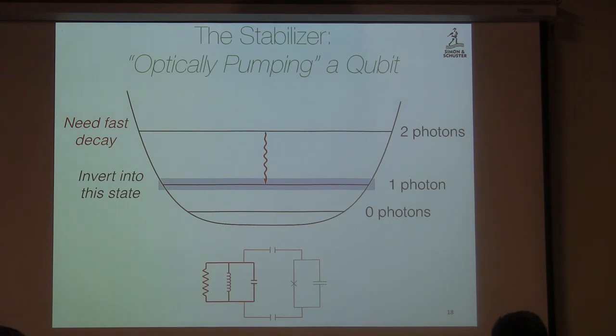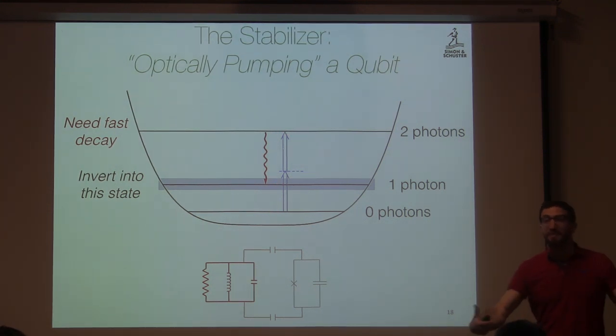Right? So this is what we call dissipation engineering. I've added dissipation to my system, but it's only dissipation at this frequency. Okay? So basically I'm able to engineer the line widths of the individual transitions separately. Okay? So this is now a cool object, because now I can excite this thing with a microwave tone that goes from 0 photons to 2 photons, let it rapidly decay to 1 photon, and it's this magic object that I need, which you can think of as a thermal reservoir, kind of like a chemical potential that supplies particles.